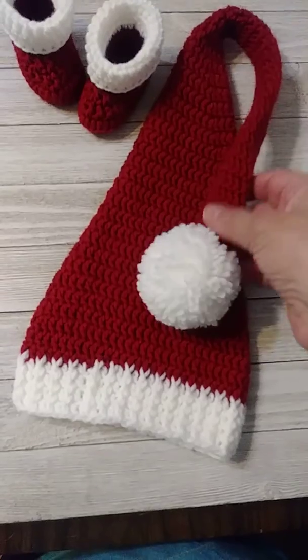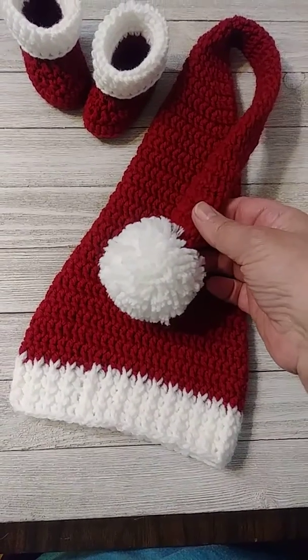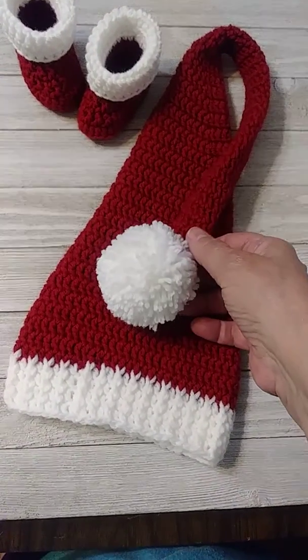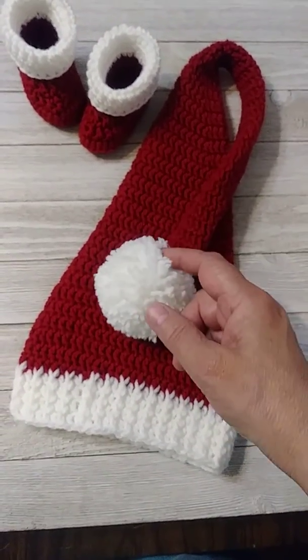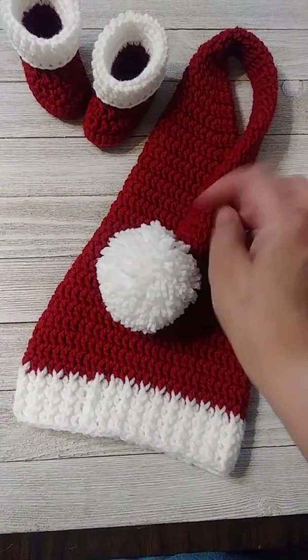I start at the top, and you can either do a magic ring or you can chain 3 or 4 and then make a ring. And then I prefer to make the ring. It's a little more secure than a magic ring. But anyway, do 10 double crochets into that circle, and then you're just going to keep working 10 double crochets